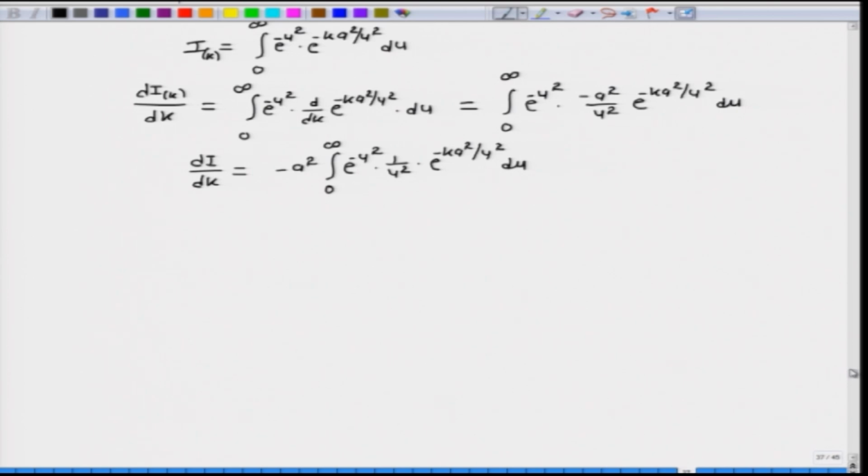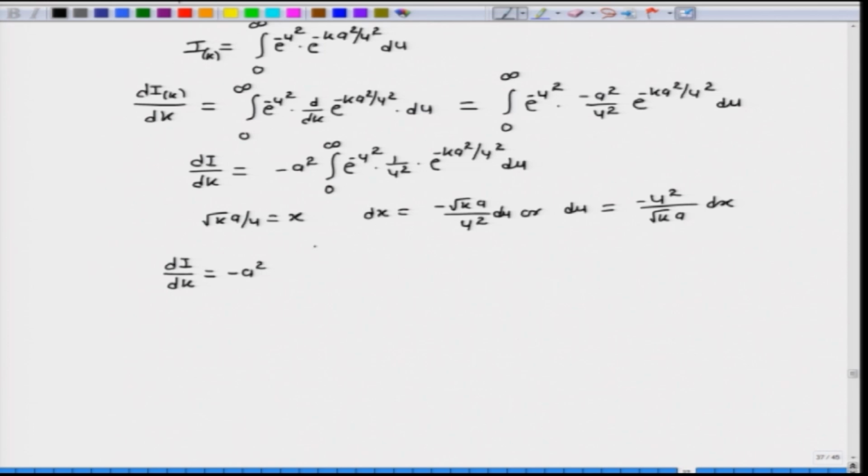Now, let us make a substitution here. So, if we define root k a by u equal to x, which means dx is equal to minus root k a by u square du. In other words, du is equal to minus u square by root k a dx, and if we substitute in this, dI by dk should be equal to